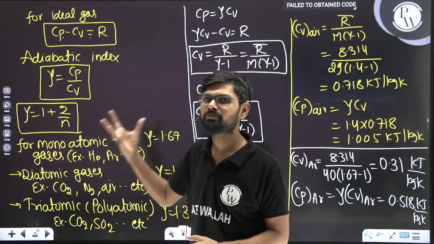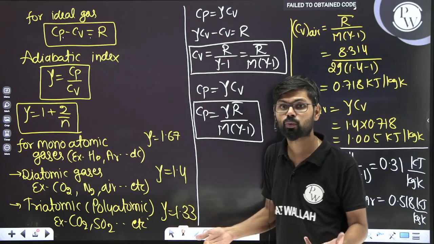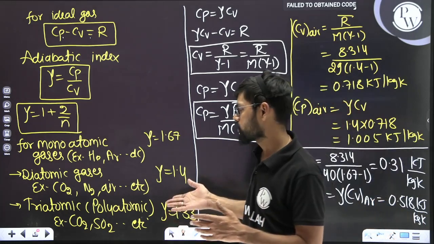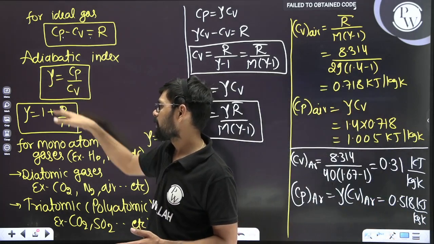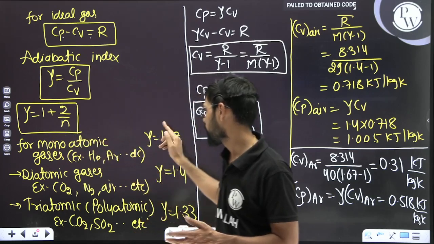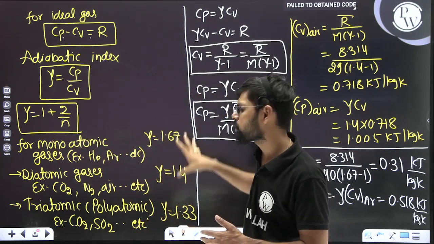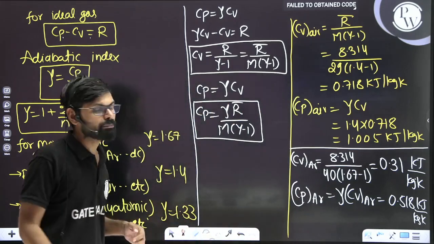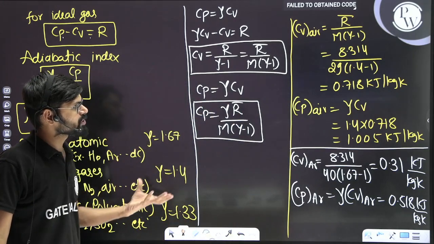What is the exact meaning of Cp, Cv? Which one is more? Why is the difference always equal to R? Why is this value always positive? Then what is gamma? What is this N? How is this value 1.67 coming? All these details we will discuss. Don't worry about it. For the time being, just note it down.